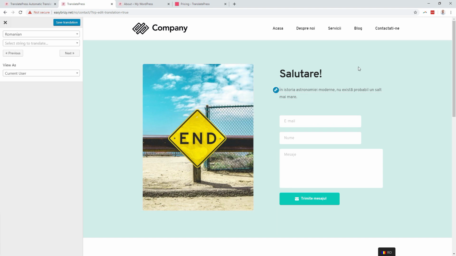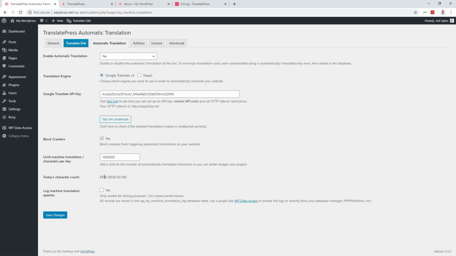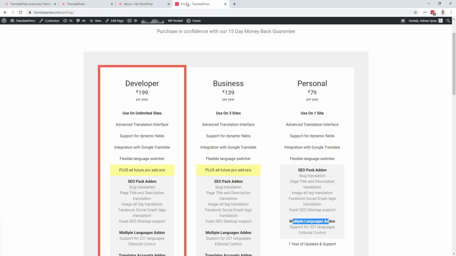It was translated right now when I clicked contact for the first time and loaded the Romanian version of the Contact Us page. If I go to the backend now, to automatic translation, and reload the page, I should see a number of characters. You see it already updated, showing the number of characters that have been automatically translated